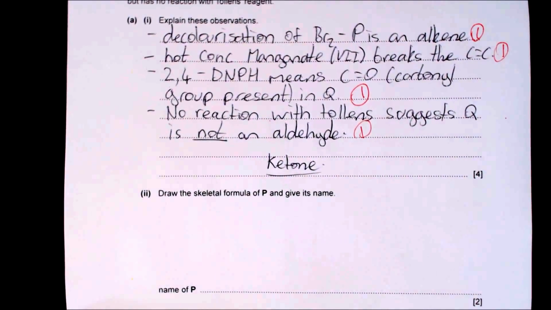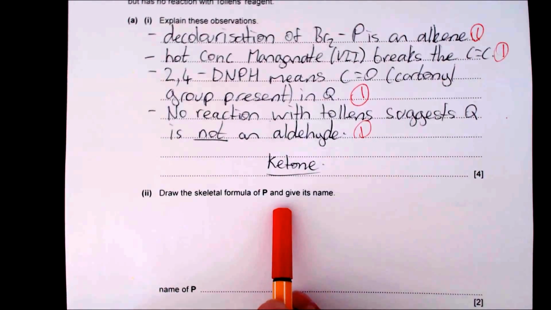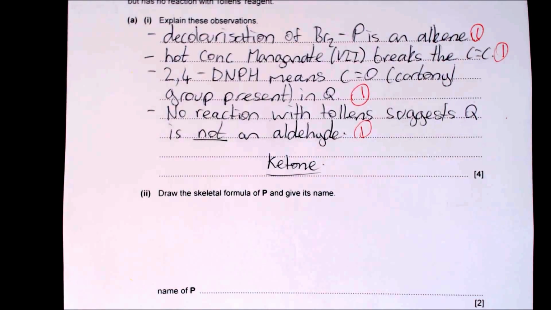Okay, and the next one. It says draw the skeletal formula of P and give its name. Right, so this could be a range of anything. And so what we're going to do is write down the different formulas of P. And remember, P can only form one organic product. It can't be an aldehyde, because we know that. So we know it has to be somewhere in the middle, the double bond. The alkene, sorry,